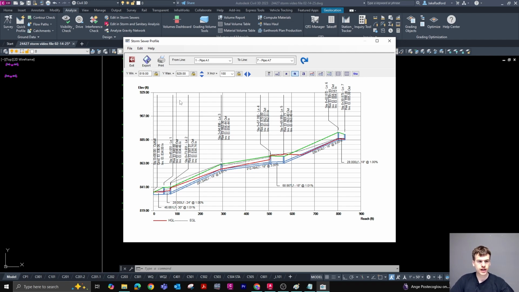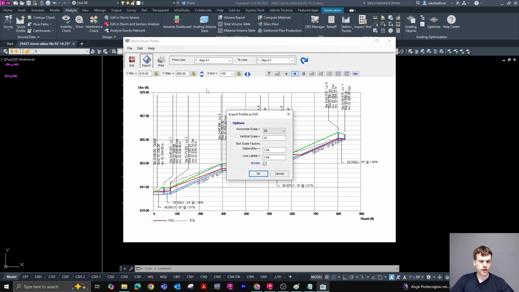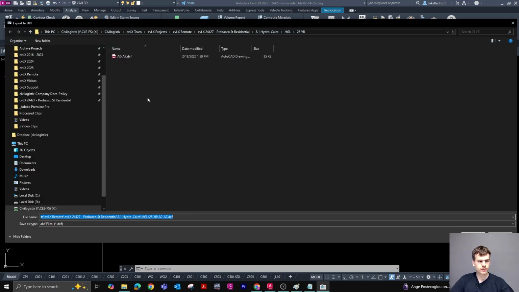So just for time's sake, I'm going to go ahead and export this one, but more than likely you'd size up this pipe maybe right here to keep the water from surcharging out of this structure, maybe size this pipe up here to keep water from surcharging out of this structure. You're going to make some type of design change to keep water from surcharging out of these structures. But I'm going to go ahead and export this again with the same scale, 50 and 10, hit export, and